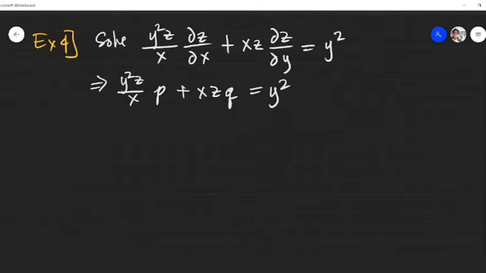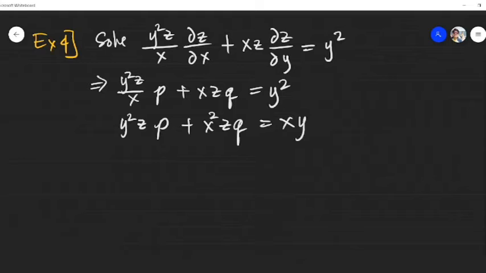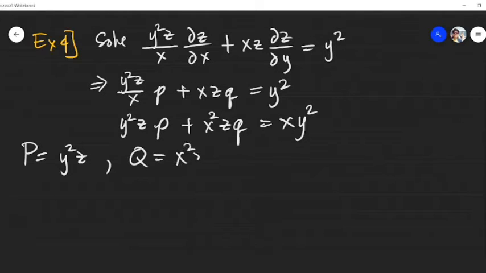And we can also make it simpler so that we don't have a term with 3 variables. So we can multiply both sides by x. So we have y squared z times p plus x squared z times q, and since we multiplied by x, we have xy squared. So our p would be y squared z, q would be x squared z,